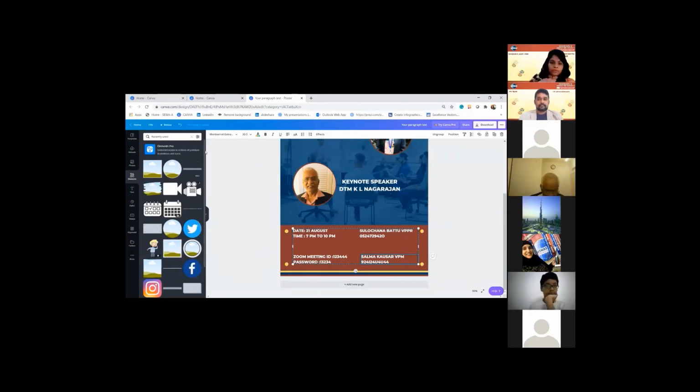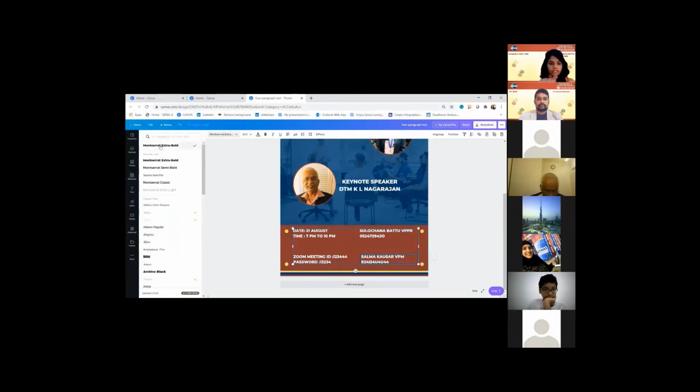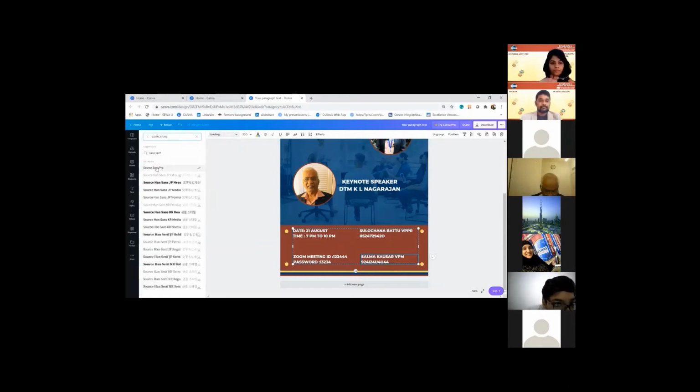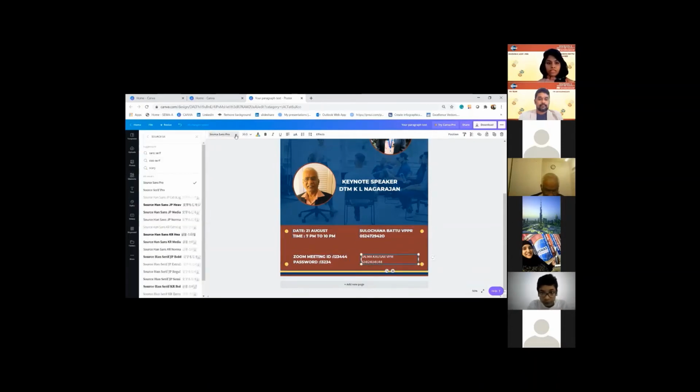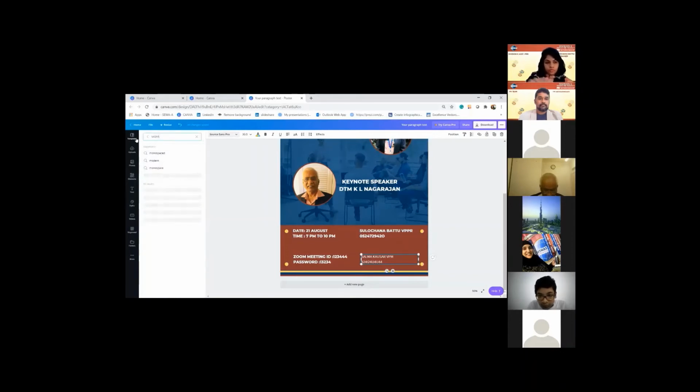select as a group, go back here, and let's use Source Sans Pro. So all the icons, okay, this is not grouped. Let's ungroup this. Yeah. Only this has been changed, so we will change this back to, okay.